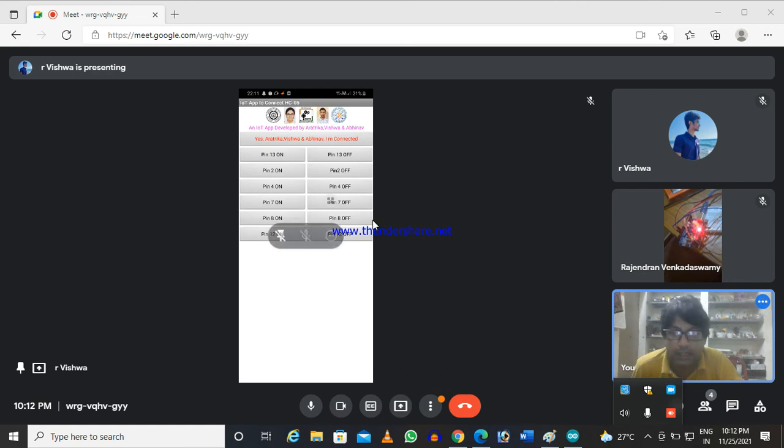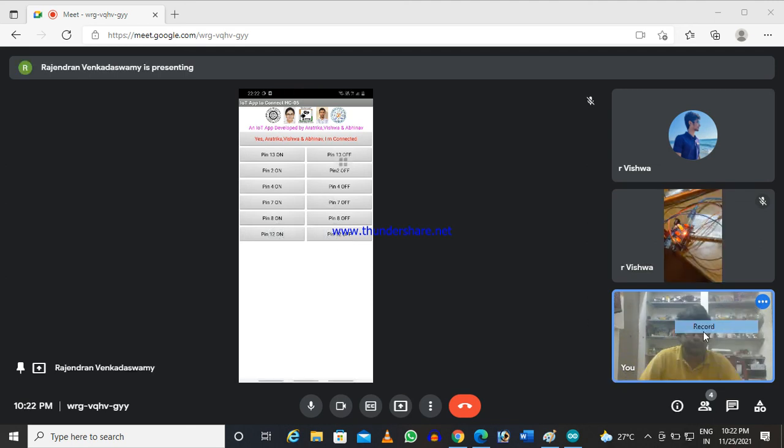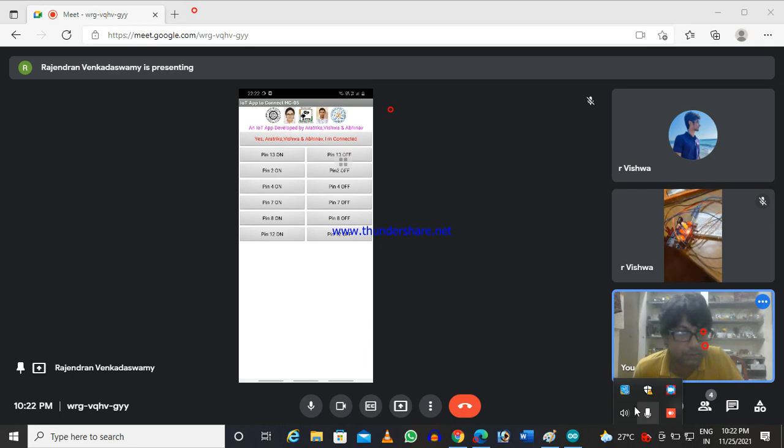this is the microcontroller view, and this is your Android view. So now just press pin 13 on. Again it hanged, means we are not able to see that change. Okay, now we will see.